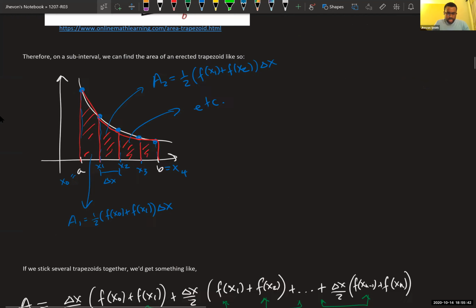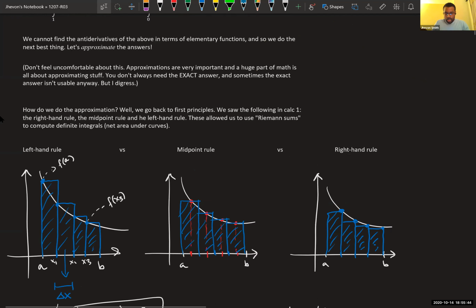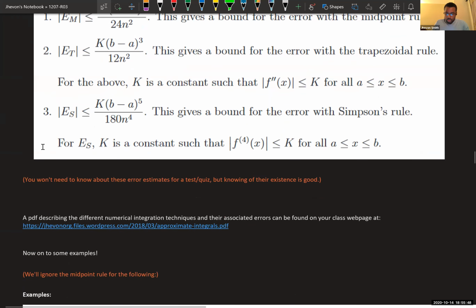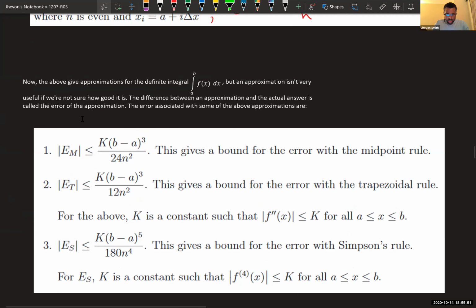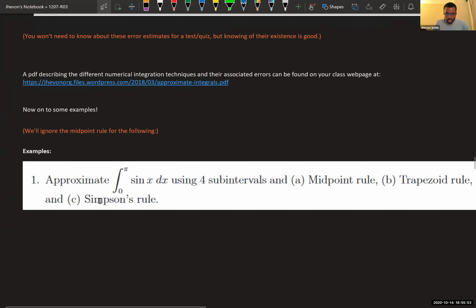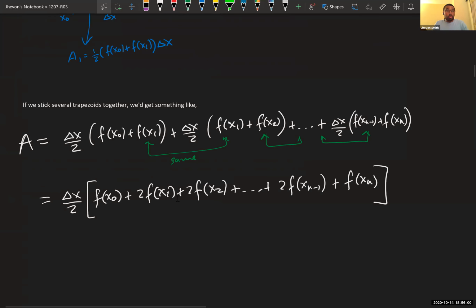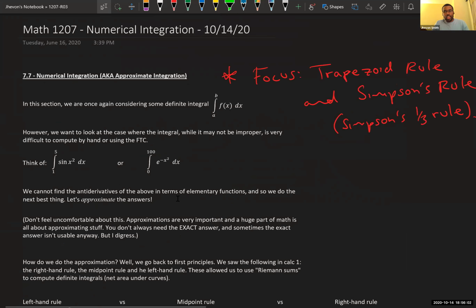These are just some new ideas I want you thinking about for tomorrow, because I would go through the examples here. We're not going to focus on estimates, really just knowing how to compute these directly, which is going to be very similar to computing left-hand, right-hand, and midpoint rules from Calc 1. Super similar, just that you're using a different formula. I'm going to talk about where the formulas come from and how to apply them tomorrow. As well as tomorrow, I will start sequences. So we'll wrap up there.